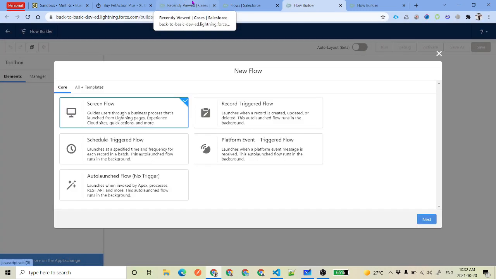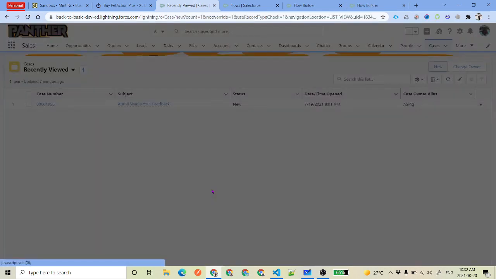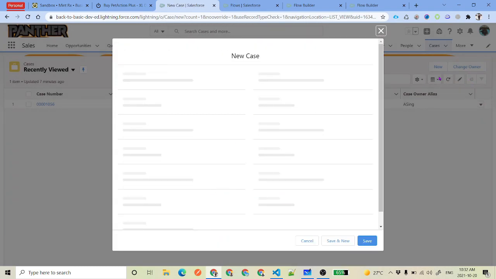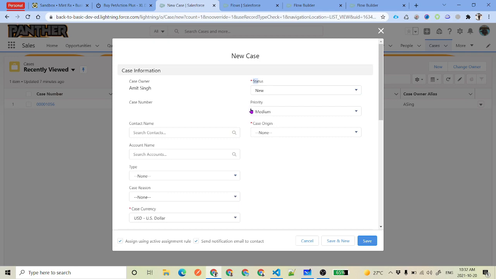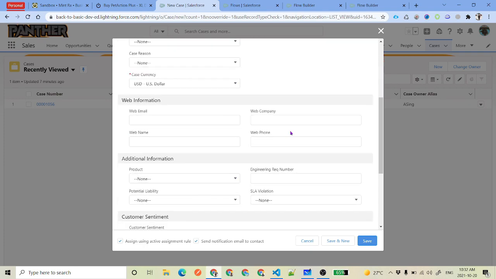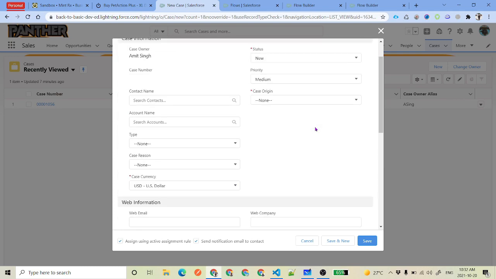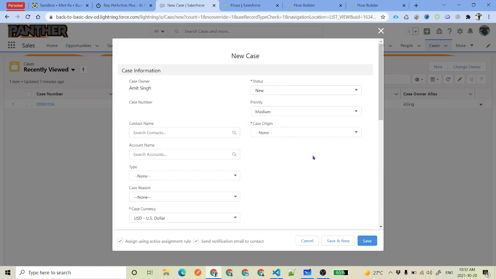And then we will create another flow where we will have the input related to case. Before we go here and create the inputs, let's quickly see what all inputs we have. Here we are on the case record page. We will click on the new button, and here you will see we've got status, priority, and case origin. These are the three picklist values that we are going to have. Then we are going to have either contact or account based on what we have. Then we will have the subject and description for that case. So these are the 5 or 7 fields that we are going to have in our screen.